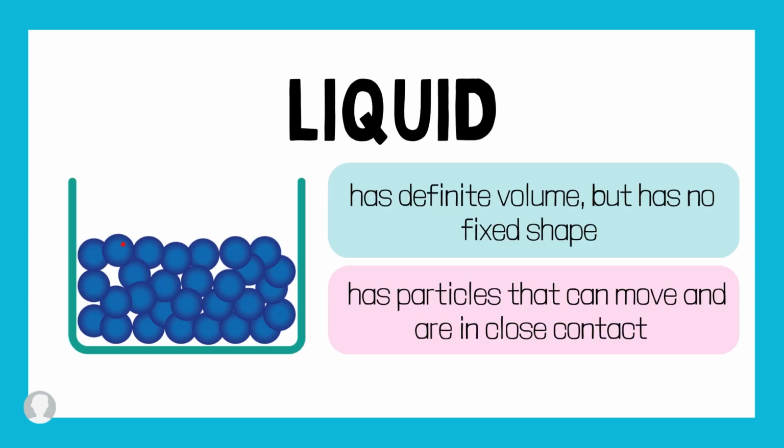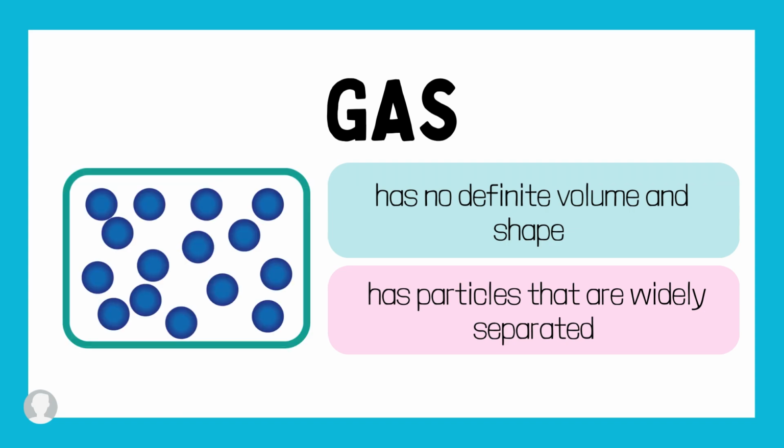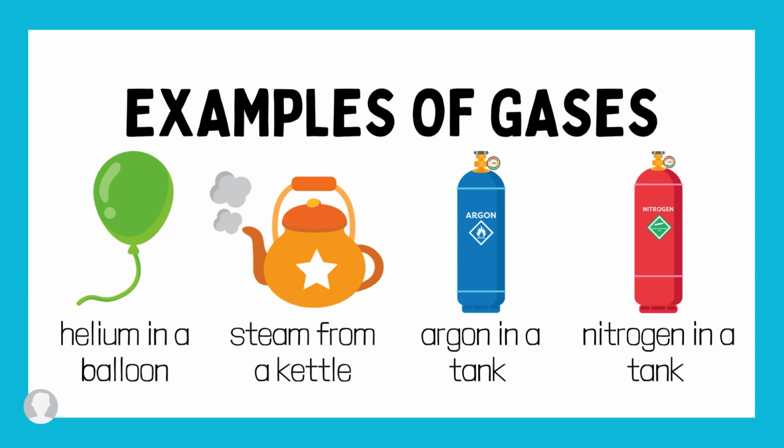Liquid. Liquid has definite volume but has no fixed shape. It has particles that can move and are in close contact. Syrup, shampoo, olive oil, and orange juice are some of the examples of liquid. Gas has no definite volume and shape. It has particles that are widely separated. Helium in a balloon, steam from a kettle, argon in a tank, and nitrogen in a tank are some of